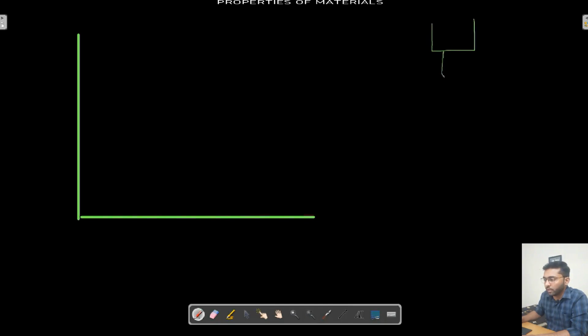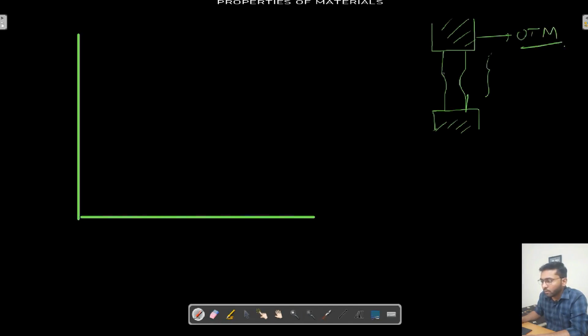And the stress strain diagram is being performed majorly over a mild steel specimen. Okay, so this is a mild steel bar, this portion, and this is a universal testing machine, UTM. As we can see, our area of observation is this portion, BC.